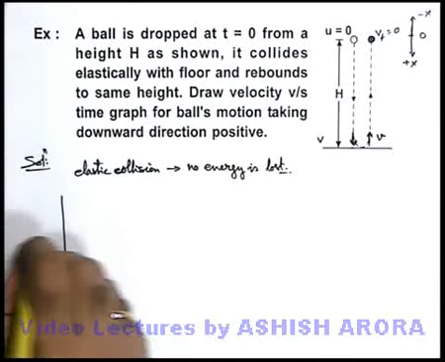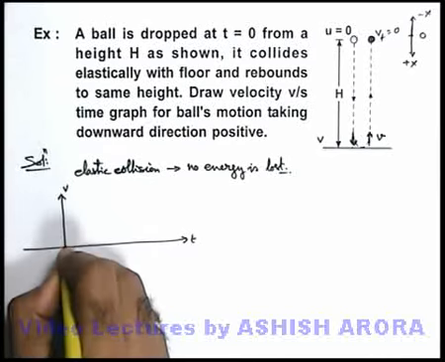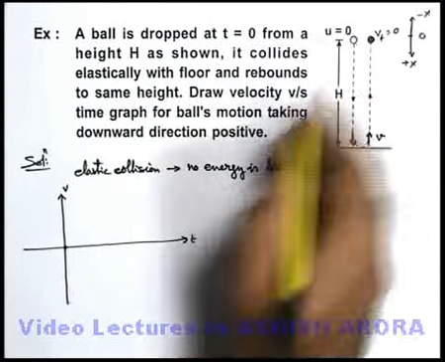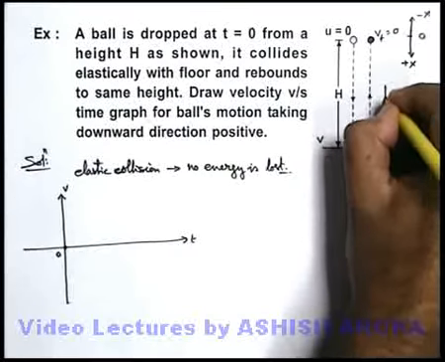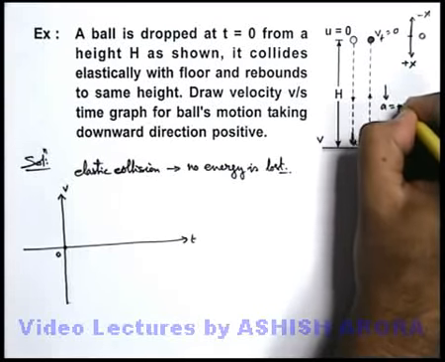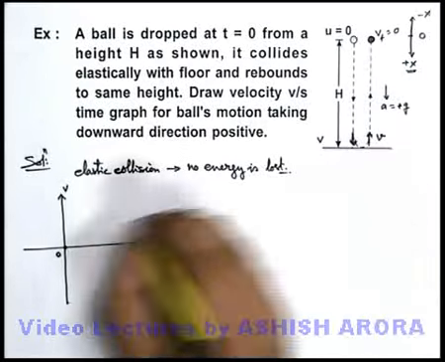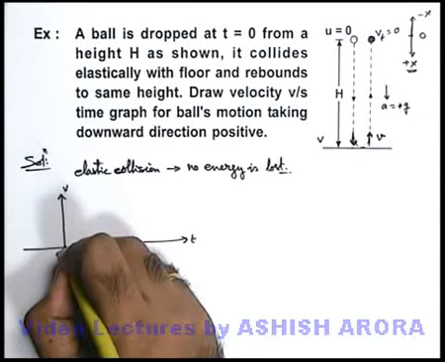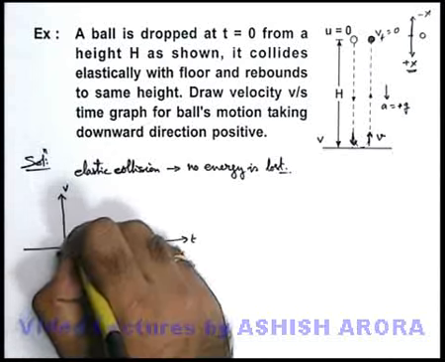If we draw the velocity time graph for this motion, at t equal to 0 the particle started from rest, so the graph must start from the origin. And as throughout the motion its acceleration is downward, we take acceleration as plus g, because we are taking the downward direction positive. So it will move with a uniform acceleration, so the velocity time curve will be a straight line of